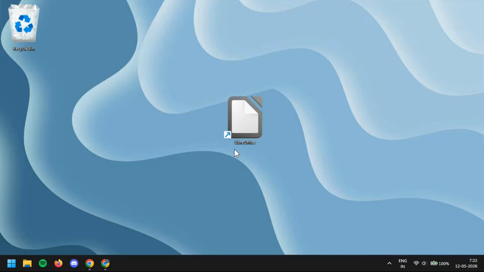If you need to flip an image in LibreOffice Draw, whether it's for a presentation, a flyer, a diagram, or just to correct the direction of a picture, this quick tutorial will show you exactly how to do it in